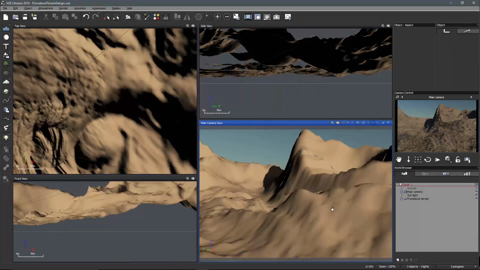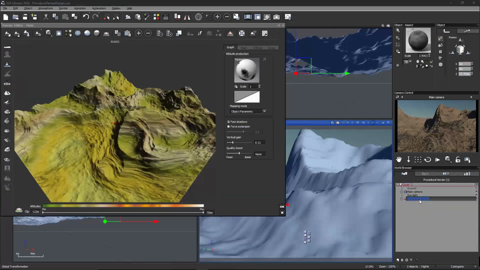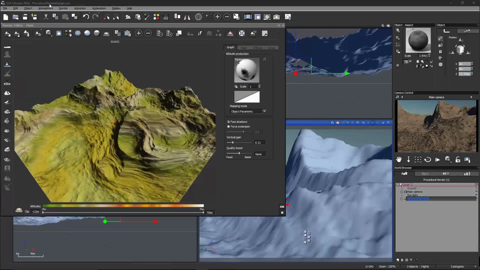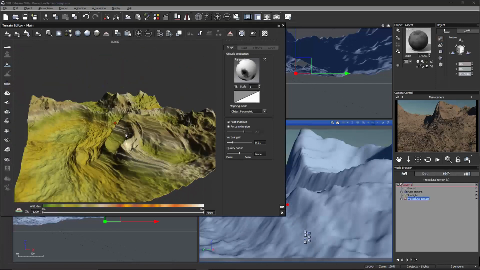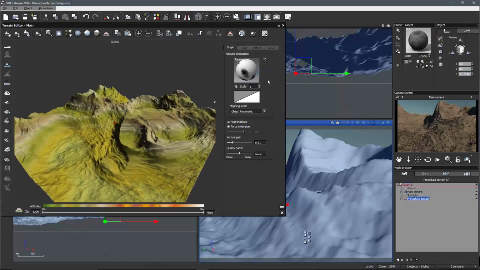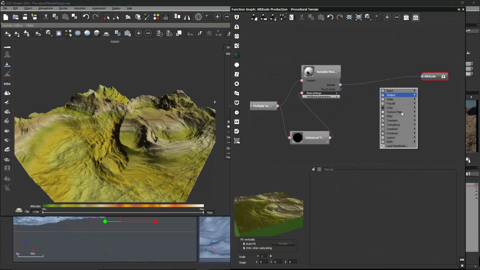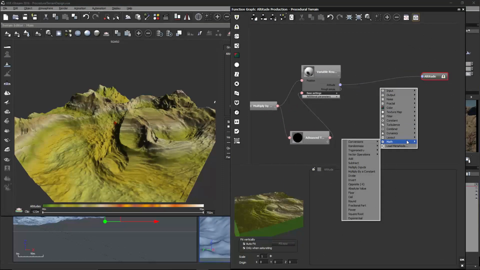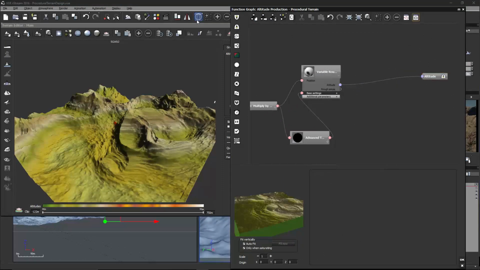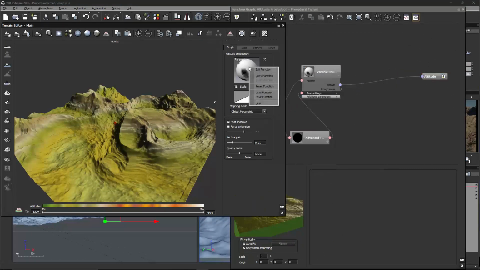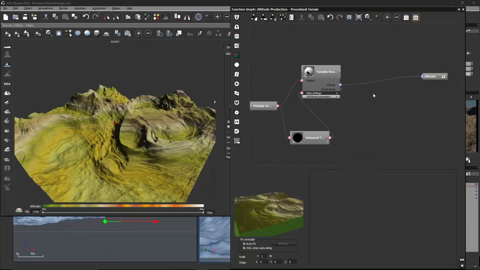We're now going to take a quick look at the stratification filters, and I'm just using the procedural terrain design file that was created earlier, just to show really quick 2 different stratify options. What I'm going to do when I'm in the function editor, so if you're not in the function editor, right click on the altitude production, hit edit function to open it up,